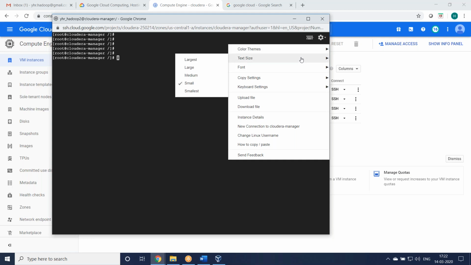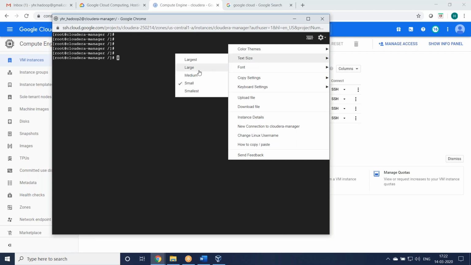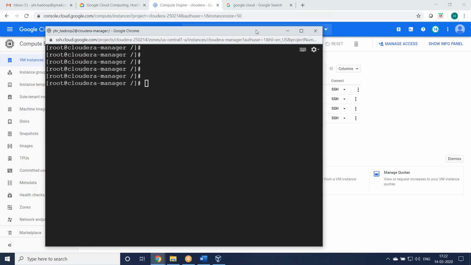Maximize the font size with the zoom, you can click the zoom and make it bigger. Okay, it's fine. Now you see, the machine shows the name root, I logged in.